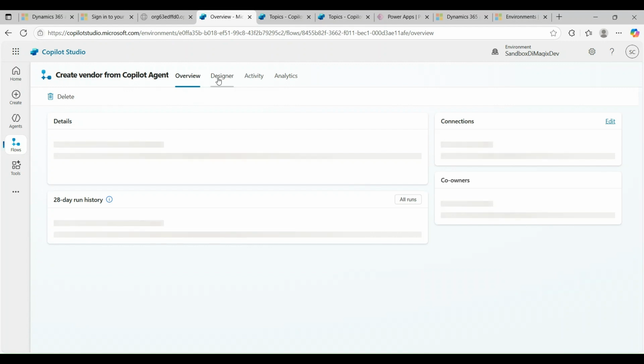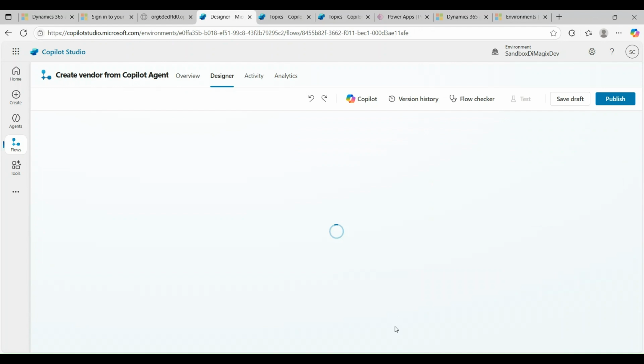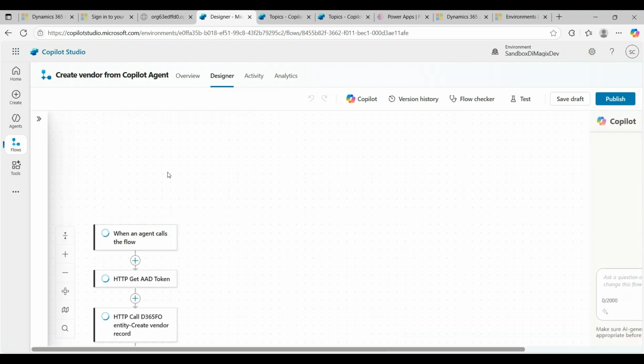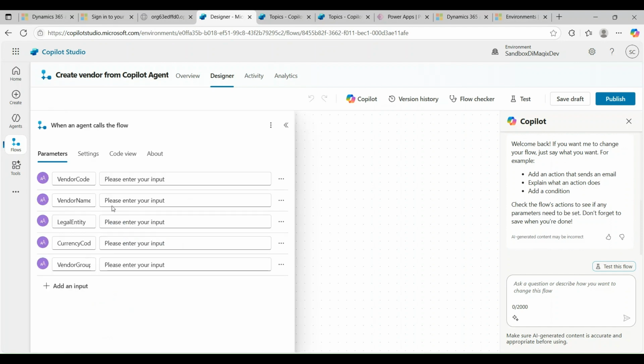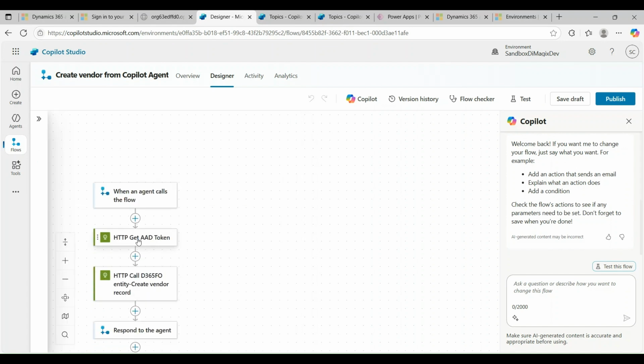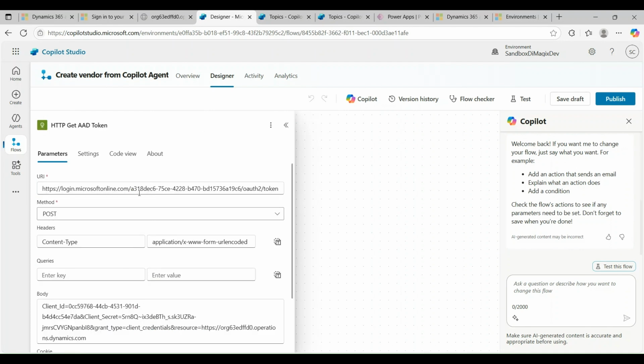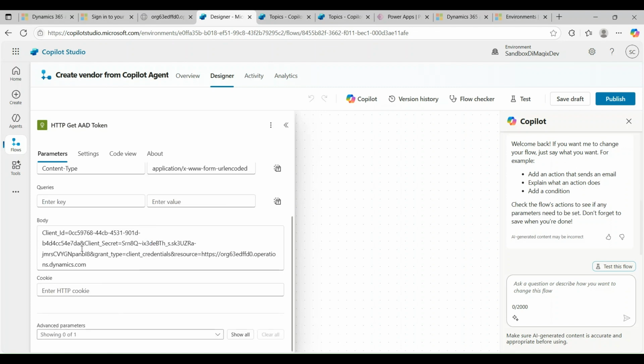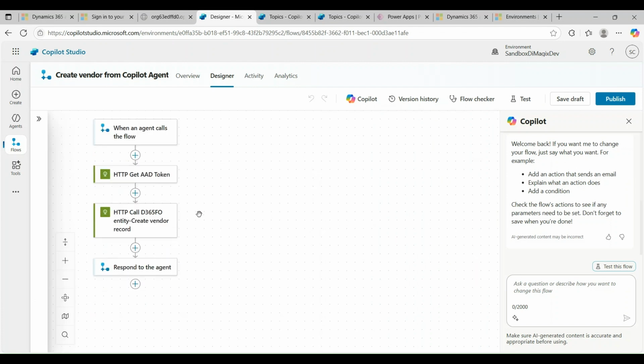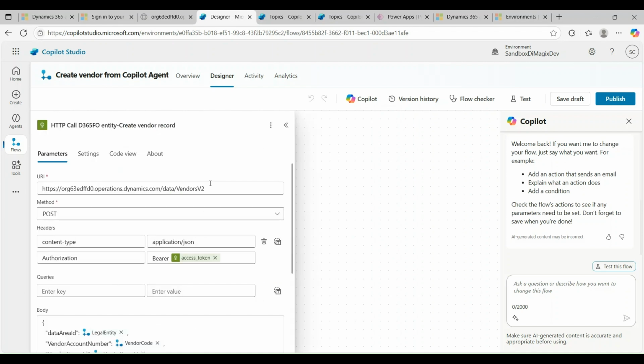What it is doing is it's going to take the values the user is going to key in. So when an agent calls the flow, if you click on this, these are the inputs. If you remember, this is what I am passing on from my Copilot topic. And here I am calling the Azure Active Directory token, which it is obtaining by calling login.microsoftonline.com slash my tenant id slash oauth2 slash token. And then I'm passing the client id and all the rest of the variables that are necessary for obtaining the bearer token, which I am passing on in my next step by calling the vendors v2 OData